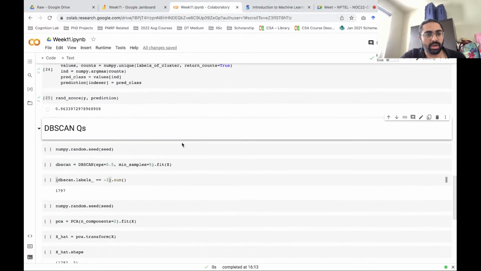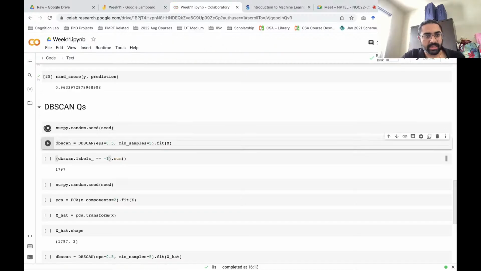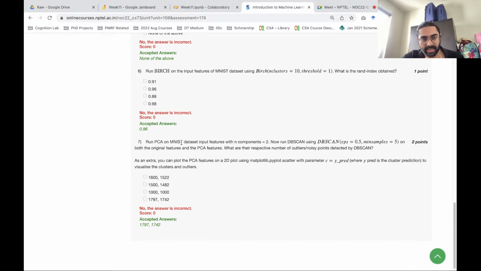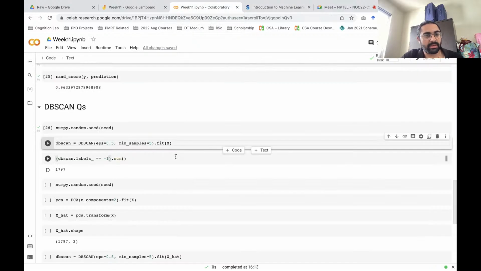And then you have your DBSCAN question. The idea in DBSCAN was that you first apply DBSCAN on the raw data, that's your MNIST data set, and the second thing is you also apply it on the PCA features that you get, PCA with two components only. So you take the first two components, and then you project your data into that space. Therefore your 64-dimensional data becomes 2-dimensional data, and then you apply DBSCAN on that. First is where we apply DBSCAN on the actual data, that is x here,